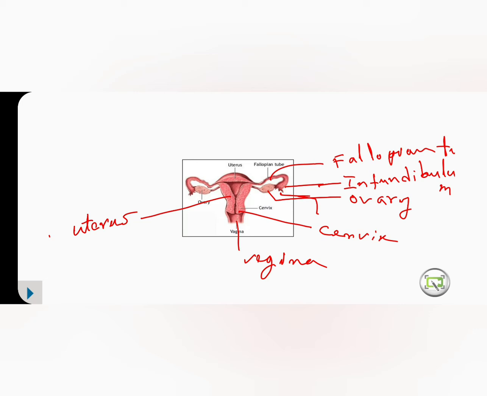Here in this female reproductive system, a pair of ovaries are the very important structures in which ova or eggs are developed, and the fallopian tubes are also very important. Why? Because fertilization occurs in these fallopian tubes only, and these fallopian tubes are connected with the uterus, and this is the place where we are all developed in our mother's uterus. And let us see the structure in detail. If we take the ovary,